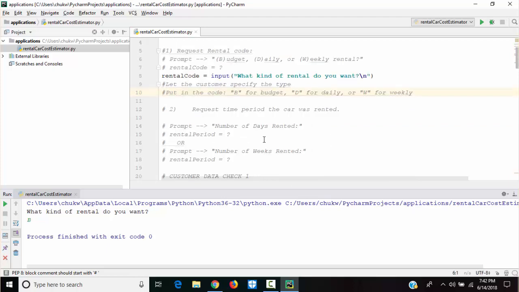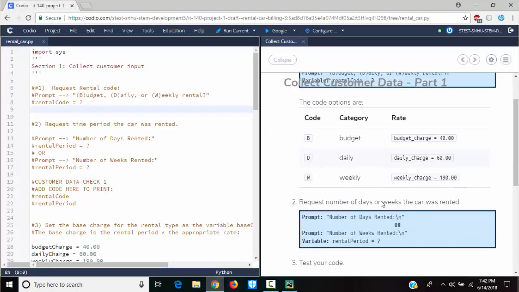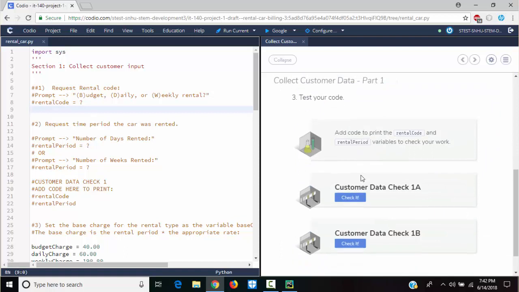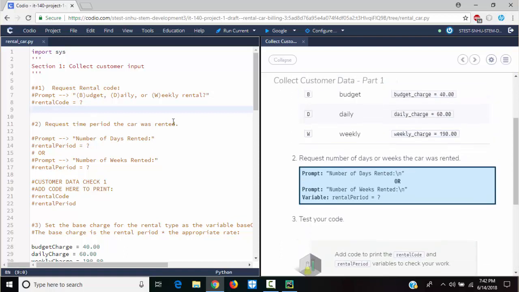The same thing we do here. We write here rental code. This has IntelliSense already with your code.